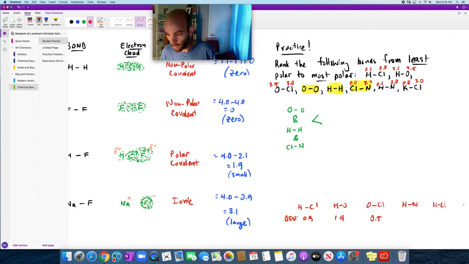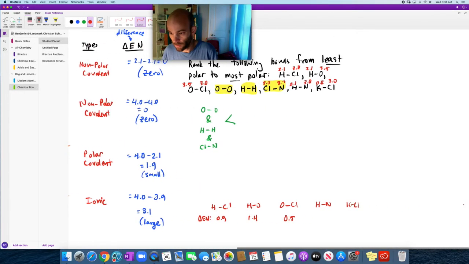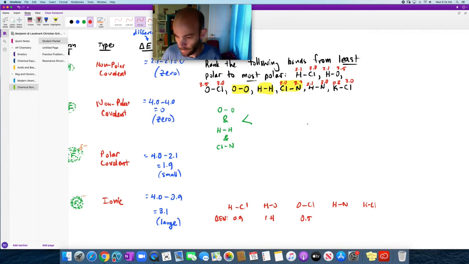Oop, I'm reaching the end of my tablet, sorry. Gotta scoot this over a little bit more. Okay, so the HN is also 0.9. And the KCl is going to be 2.2. Okay, so now we have enough information to rank these. The 0.5 comes next, so that's OCl. The OCl bond is next in